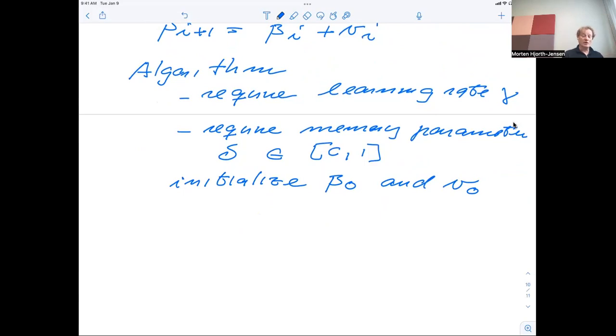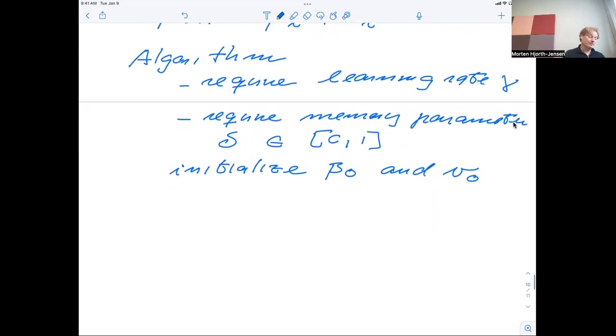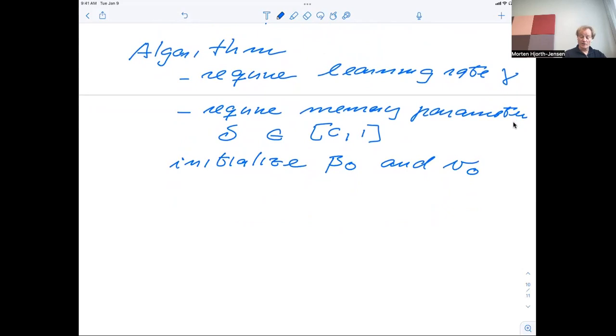So you would start with a specific value for v0. So the algorithm then goes like: while the stopping criterion is not met, which could be the convergence criterion you have, while the stopping criterion is not met,